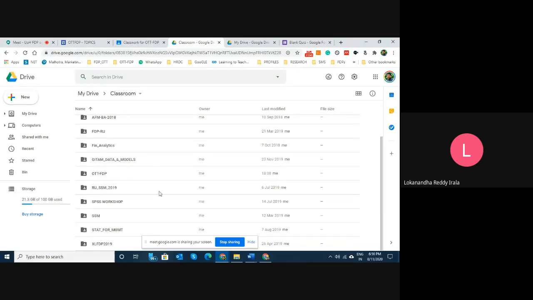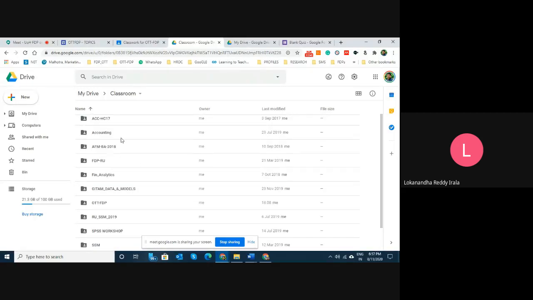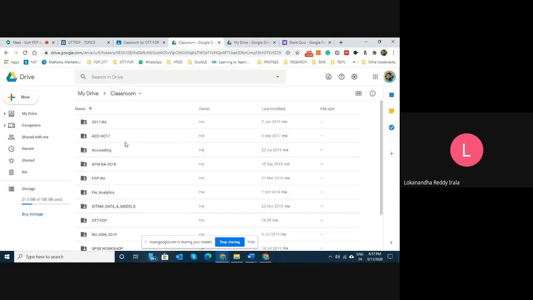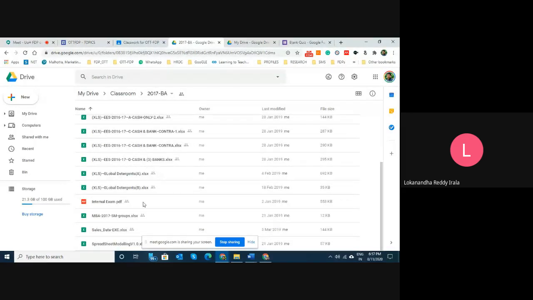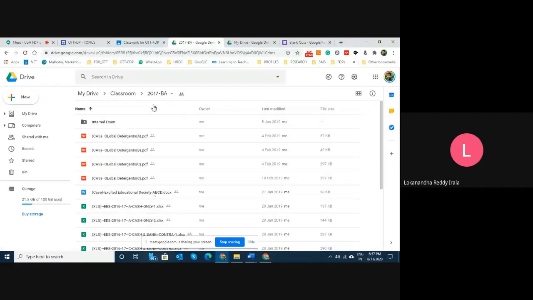So what I'll do, I will actually keep all my files in this particular folder, and then I share them whenever I want to share them. So here you see these are all different files that I have first created in this folder, and when I taught 2017 business analytics class, these have been shared in their particular classroom. So now the one thing is, instead of uploading files every time, you can store these files in the Google Drive and just share it in the classroom.